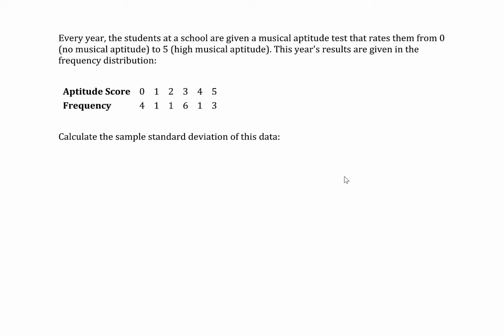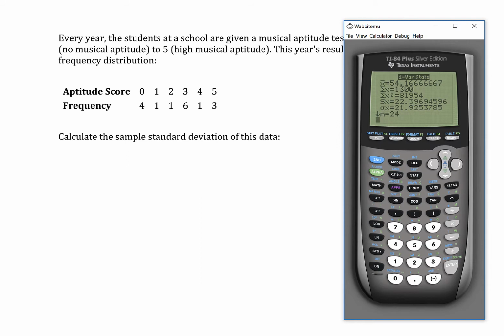So, to calculate the sample standard deviation of this data, there's a couple different ways we can go. These are the individual scores that students could have, and these are the frequency with which those scores happened. So the number of students in this is, let's see, 4, 5, 6, 12, 13. There's 16 students included in this group altogether. So if we want to get the standard deviation